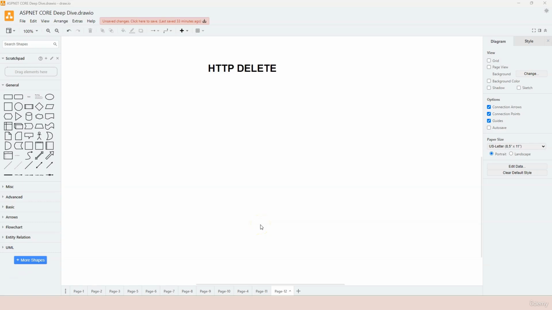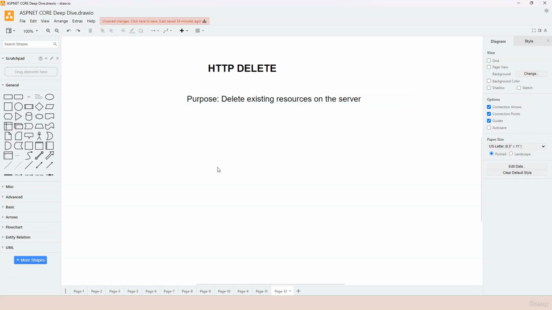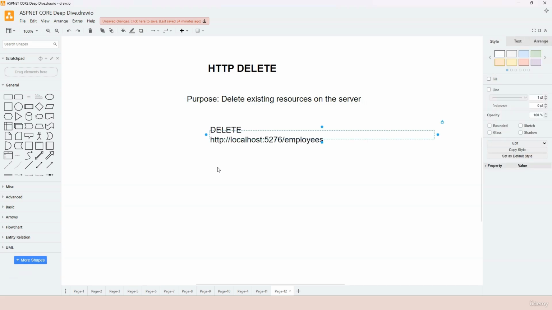In this video, we're going to learn about the HTTP delete method. First of all, the purpose of the HTTP delete method is to delete existing resources on the server. Now, if we look at the simple routing method, the routing mechanism that we used in the previous HTTP verbs,